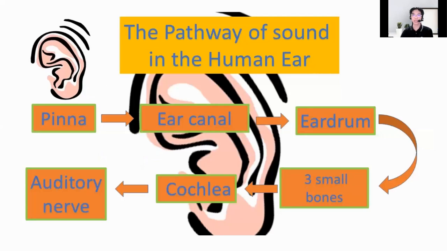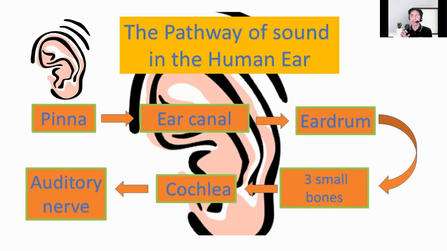The pathway of sound in the human ear. Suppose someone is shouting, and let us trace the path of the sound waves from the pinna to the brain. The sound wave is caught by the pinna. It travels through the ear canal, reaches the eardrum. The eardrum then vibrates, and these vibrations are being transferred from the eardrum to the three small bones, and the three small bones